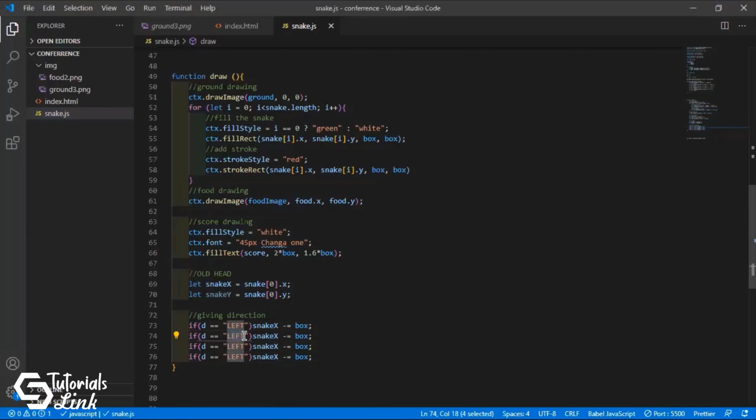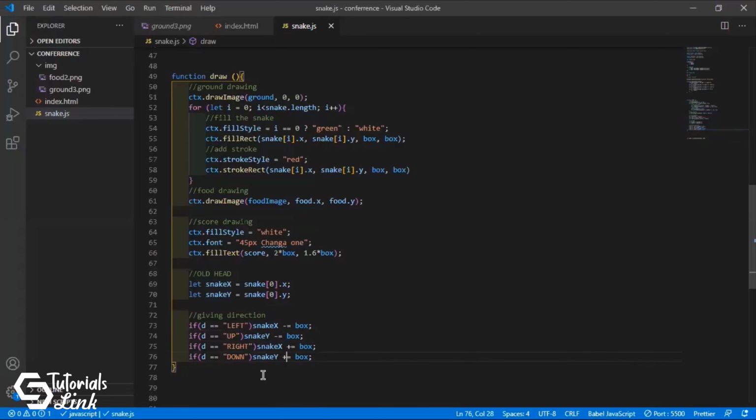This will be left and then up. Now here we have to keep in mind that when it is going up, it will not be in the x direction, it will be in the y direction, which will be minus one box. And when it is going right in the x direction, it should not be minus, it should be plus. And for down, it should be y, and the box should be plus. Fine. So we gave it the direction.